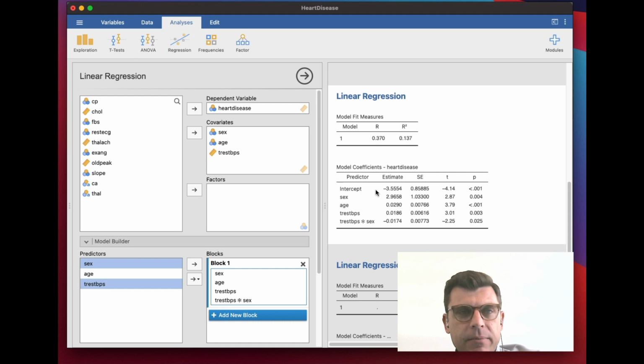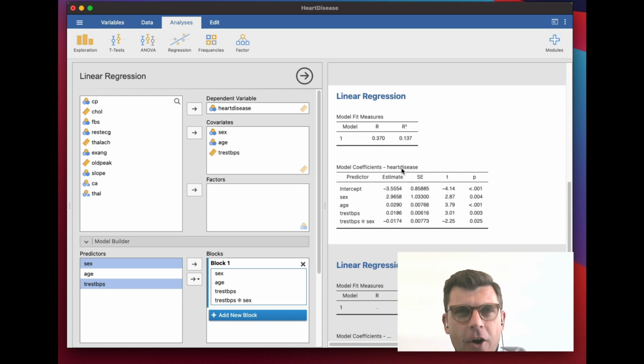Our model has the intercept. Remember, a linear regression takes the form y equals mx plus b. This is b, the intercept, and these are the various mx's. First we have sex. There's a value associated with male: 1 in this case is male, 0 is female. There's a value for age. So for every additional year of age,